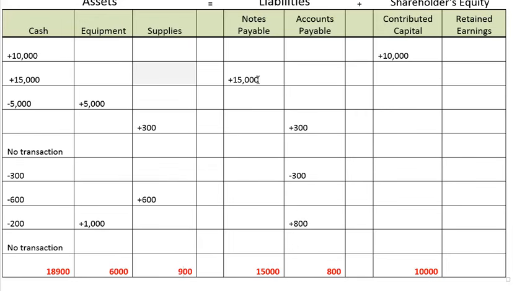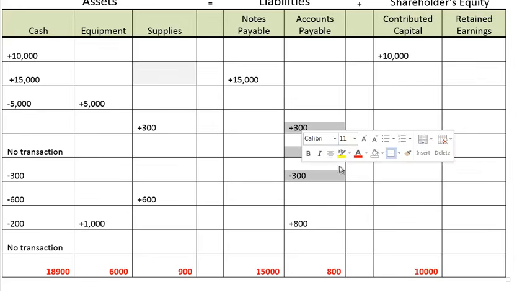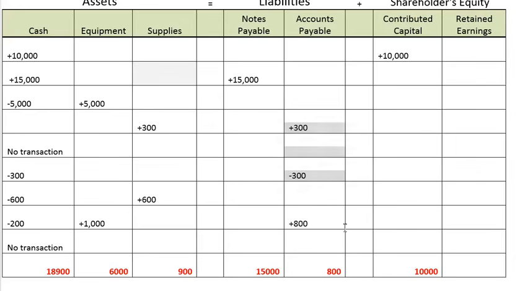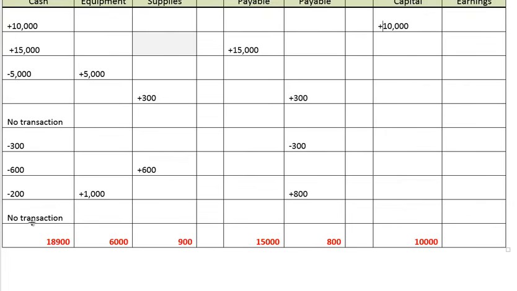That's the note payable is the money we borrowed from the bank. It's $15,000. We had accounts payable. We incurred accounts payable. We paid some off, and then we incurred some more toward the end of the month. So we now have a balance of $800. And we have contributed capital when our investors invested in the business, and that balance hasn't changed. It remains $10,000. So what do you see?